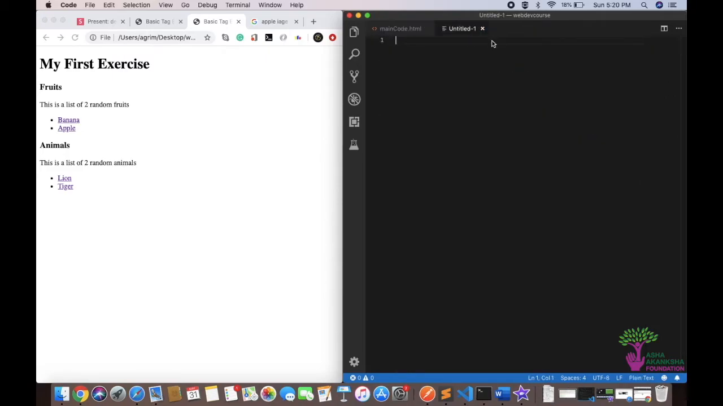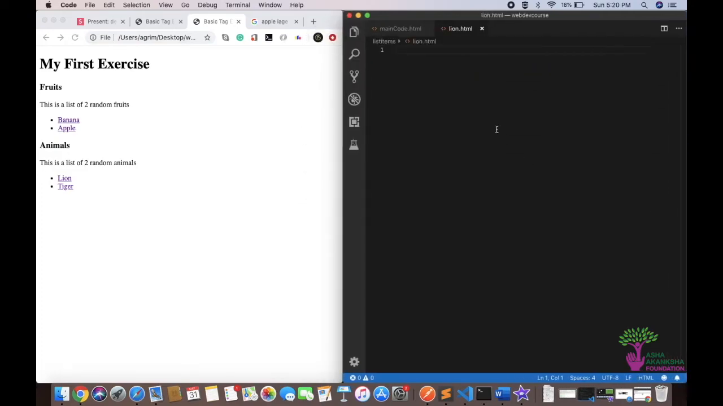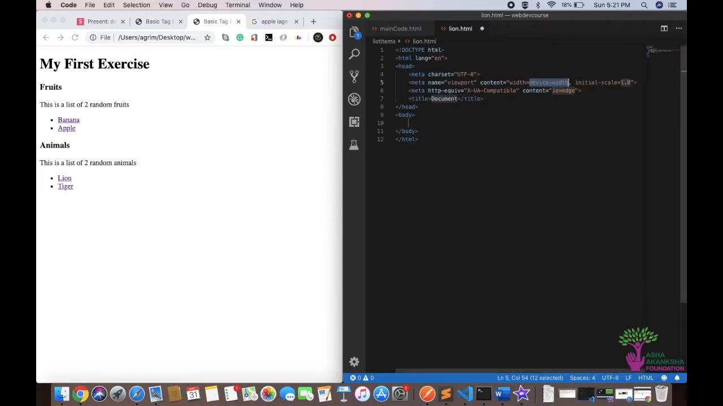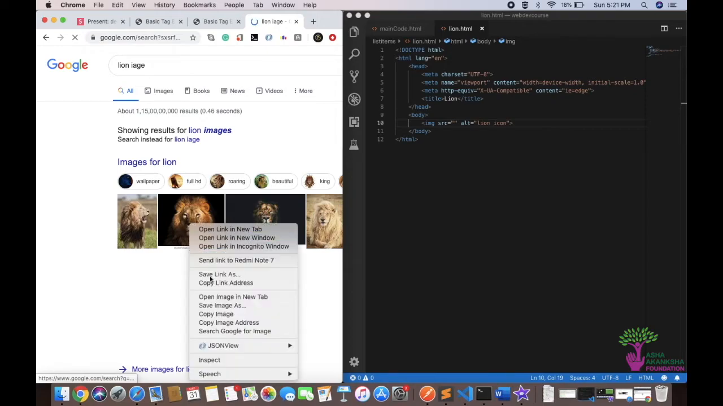If I open a new tab and I save it as lion.html in list items, I'll take my template, I'll change the title to lion, I'll indent all of this, and then I'll do image source. So I'll first enter the alt as lion icon, and the source is, I can just get something from here. I'll take this one image,